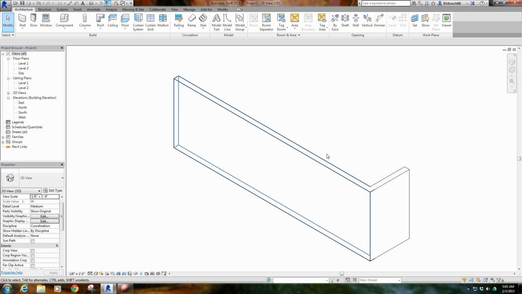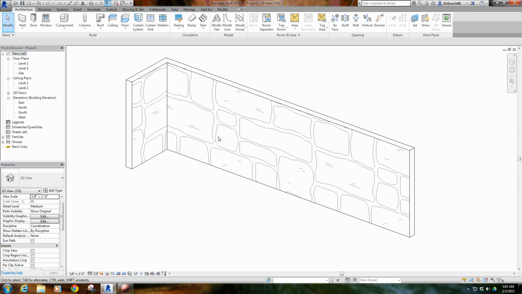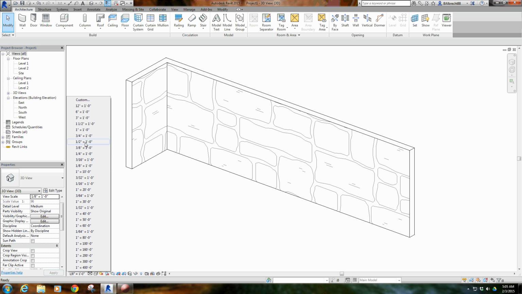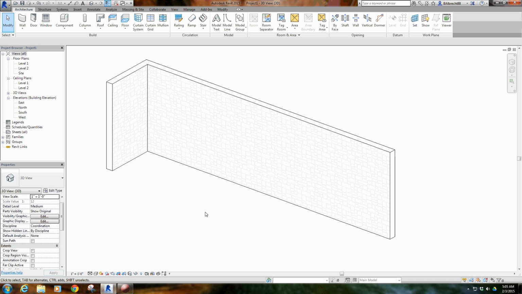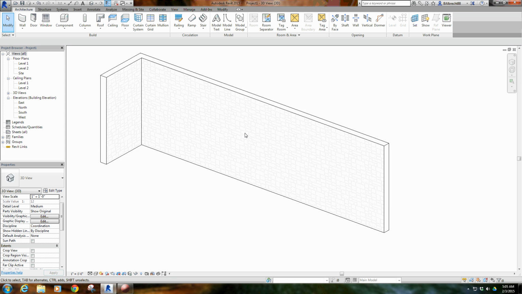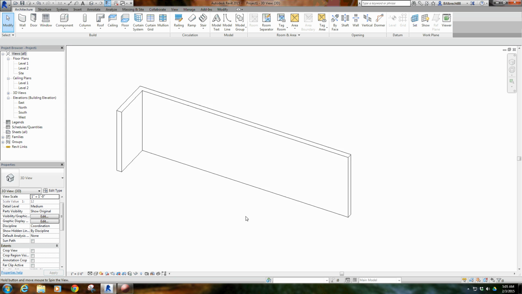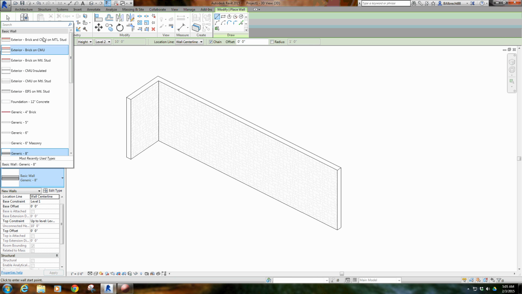So if I go to my 3D view here, now you can see my stone hatch on here is pretty big. Because it was a drafting pattern, this will scale as I increase my scale here. So if I hit that to 1 inch, now it starts to read a little bit better. So you can play with that as you go through and see how you want stuff to read and that sort of thing. So we built up this stone wall, and similarly you can build up pretty much any type of wall. That's the same way that all these other walls here are built up. So your brick, your exterior CMU on metal stud, all of that stuff is built the same way as we